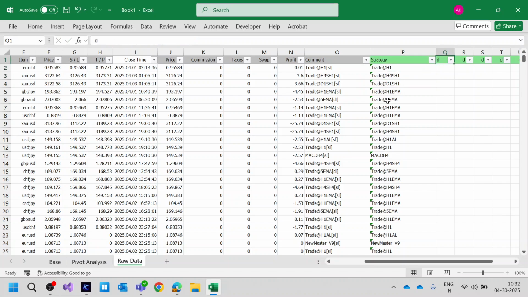So I want loss, profit is equal to if trade, if this is